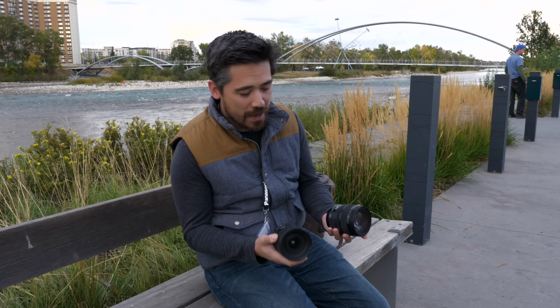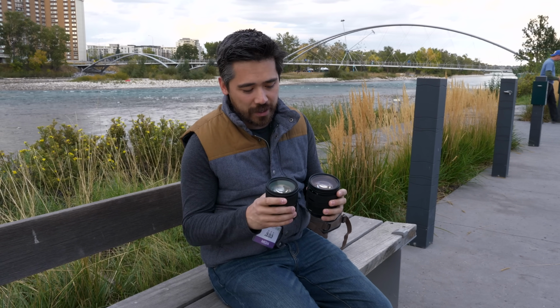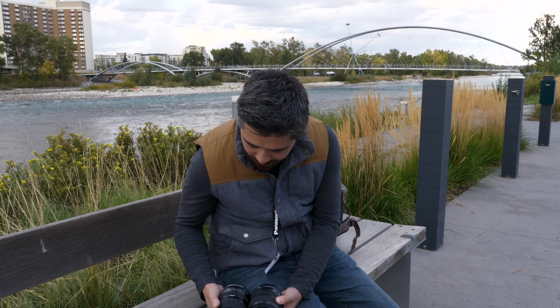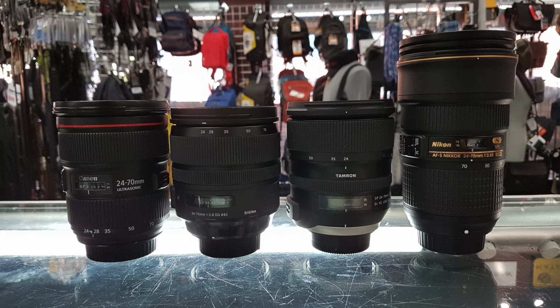of these two lenses. Now, both the Sigma and the Tamron, both 24-70 2.8 lenses, and because of that, they're both kind of chunky, hefty lenses, 82mm filter threads on the front. Very, very similar length on these lenses, and honestly, diameter as well. The Nikon 24-70 VR is way longer. It's a much bigger lens to carry around, so that's a nice advantage either way here. Now, that being said, the Tamron is a little bit lighter than the Sigma. This is about 825 grams, and this is going to push 990, and that's definitely enough that you feel a